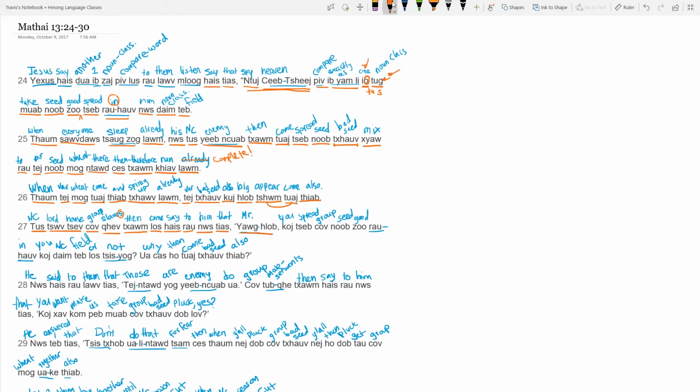Okay, this expression, ya law, is like old or grown up. It's just a way of showing respect for a man, kind of like the word mister. It's not a perfect comparison, but they show respect for him. Okay, ga, you, J, spread, jaw, plural, nong, seed. So because of the pluralizer, nong becomes seeds. Good, zhong. So they were good seed. All that together, jiao nong zhong is good seed.